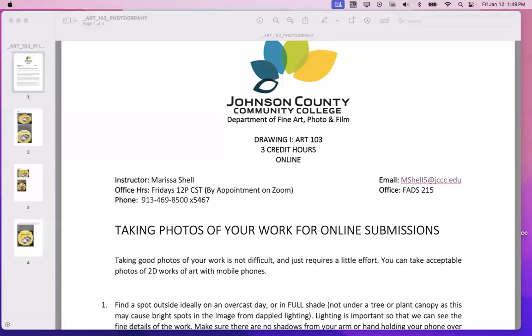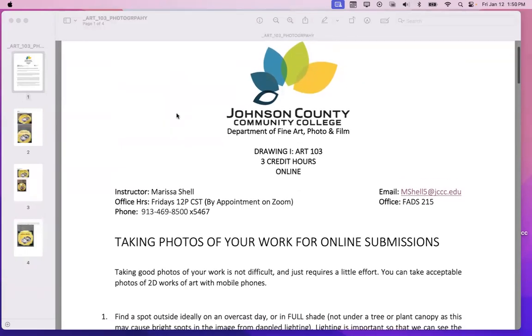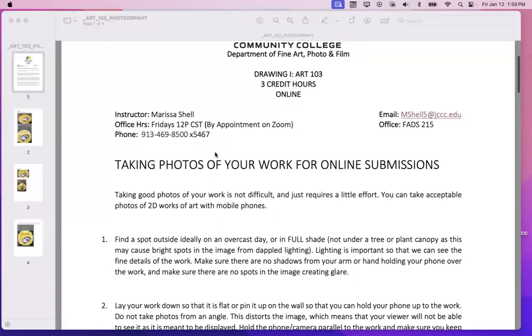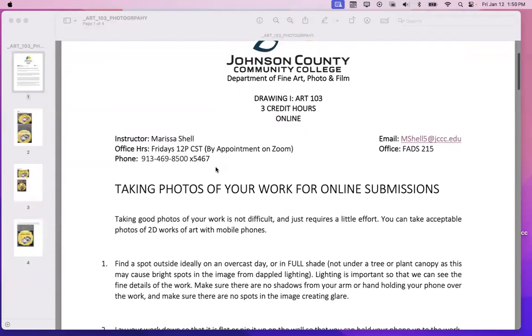Hi, drawing. I want to take a look at the directions for photographing your work, because it's really important that you guys take good photos of your work, especially for an online class. It's good to take good photos of your work when you're applying for anything, jobs, schools, opportunities,